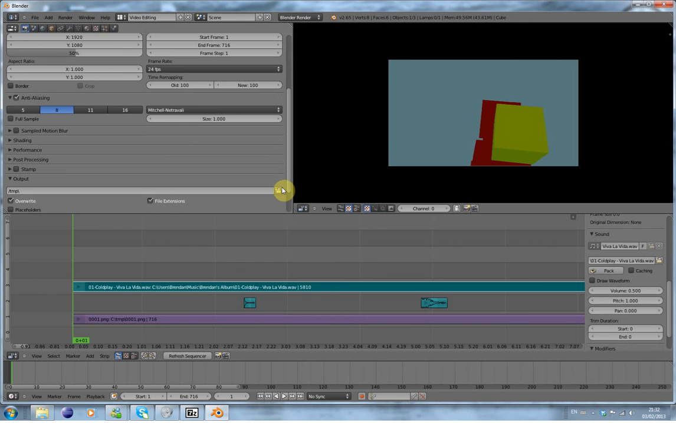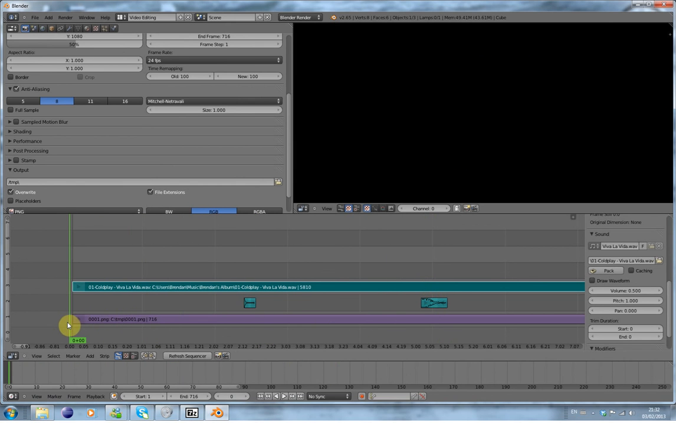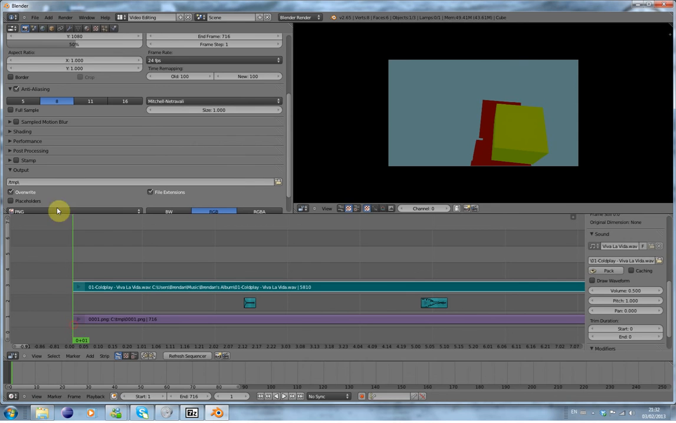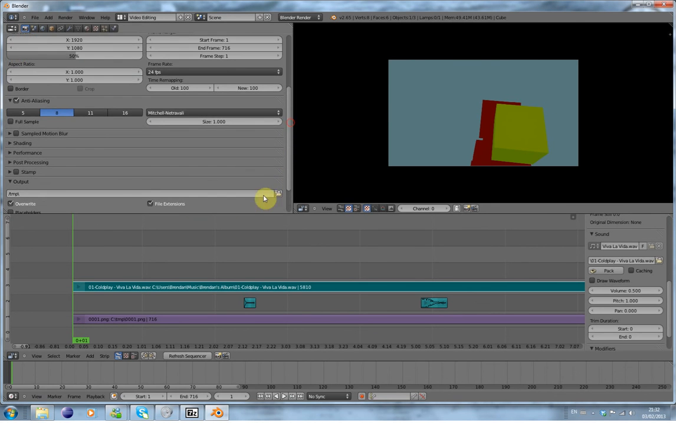Once you're finished with it, you can scrub through it, but you don't hear the sound. If you want to, go to playback, audio scrubbing, and then you can hear all the noise. Okay, now finally you are going to